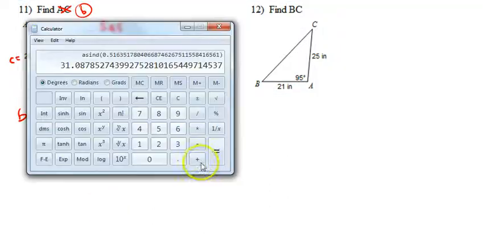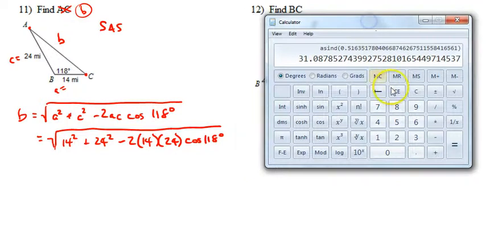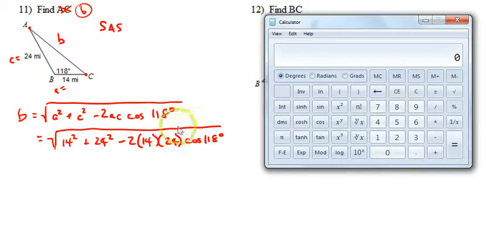So using my calculator on here, I might do things a little weird because it's a little bit different kind of calculator. I'm going to do 14 squared plus 24 squared minus 2 times 14 times 24 times